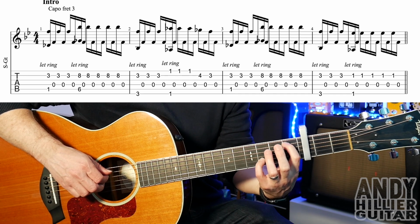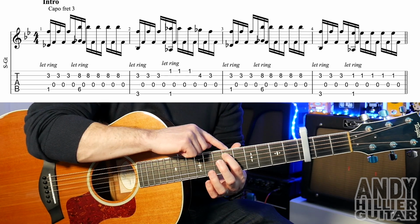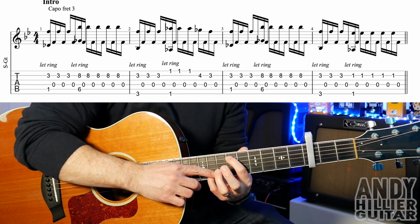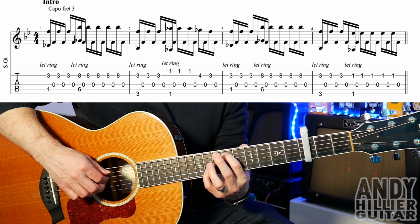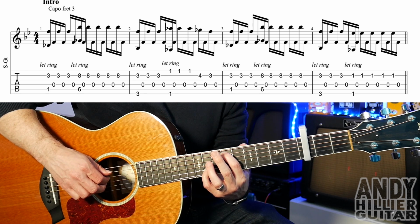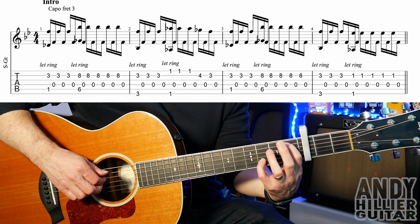And then you can take that shape and move your first finger to fret 6 on the E string, which is where fret 9 is, because obviously you've got the capo on, and your little finger on 8, which is where fret 11 is. And you're going to play them both at the same time, and then just jump between the D string and the B string. So you've got... So the first bar goes...